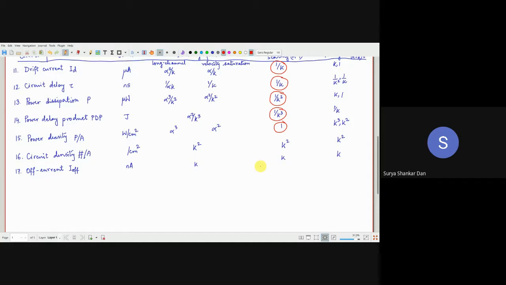And then we will pick each of the short channel effects and try to find out an engineering solution to that problem. Okay, for example, this off current. What is the easiest way to deal with this? You already know how to deal with it. I have already discussed this in class, so I expect at least one of you to answer.